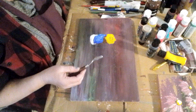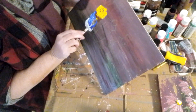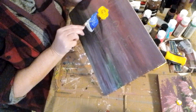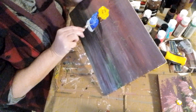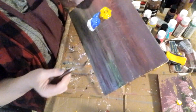Now, if you're looking at this painting up close, it'll be like, what are you looking at? But when you look at it from far away or from a little bit of a distance, it's going to look a little bit better. Now you can wait till everything's dry to do your hair a little bit more. I just thought maybe I'd show you a little bit. So I just got a little bit into that yellow. Yeah, I'll wait a little bit because it's still a little wet. Okay, so